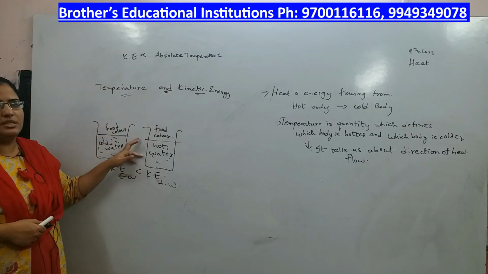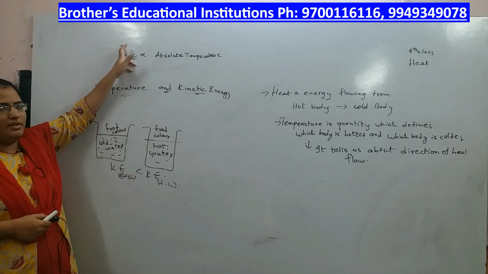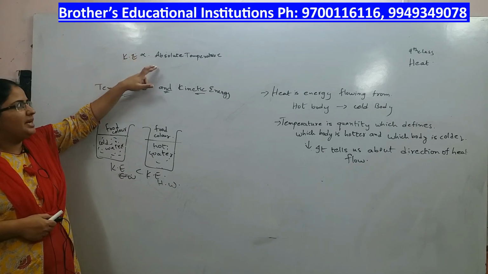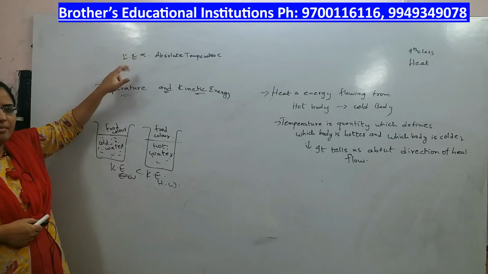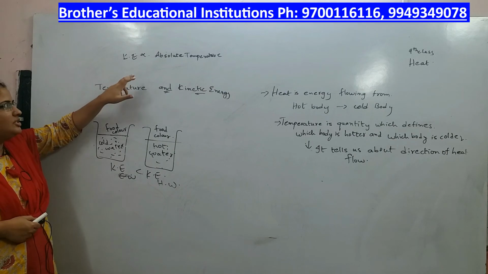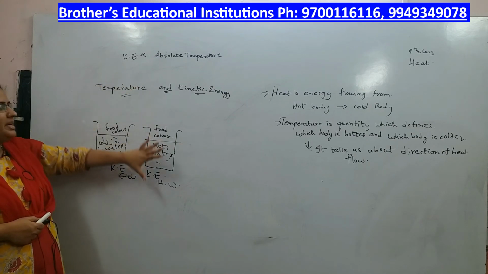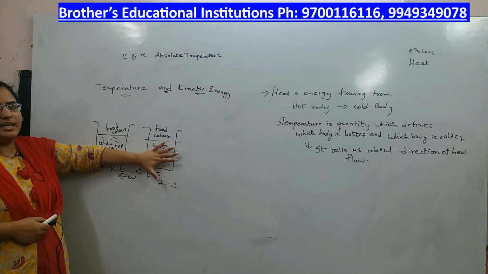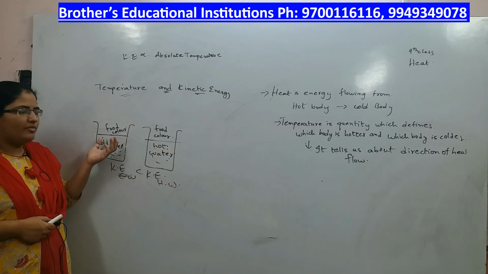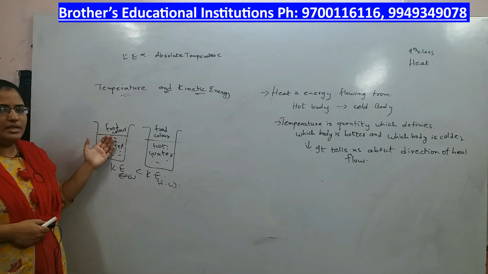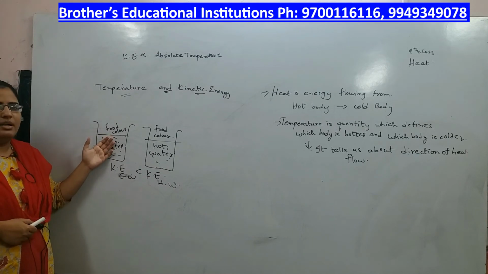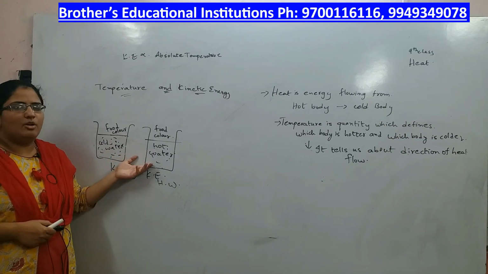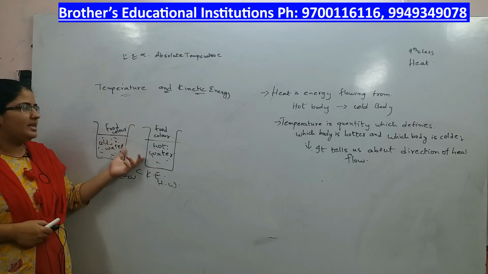If the temperature is more, then the kinetic energy of the particles will be more. If the temperature is less, the kinetic energy of the particles is less. So this shows that if the temperature of a body is more, then the particles in it will have greater kinetic energy. When the temperature of the water is less, then the particles will have lesser kinetic energy. This can be seen by the spreading of the food color in both cases.